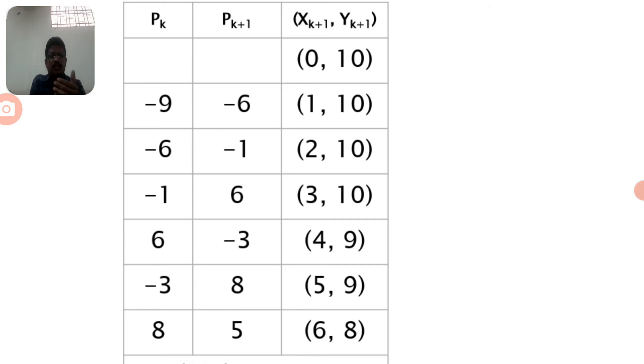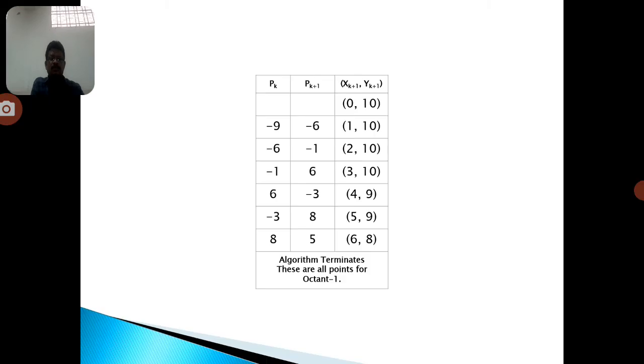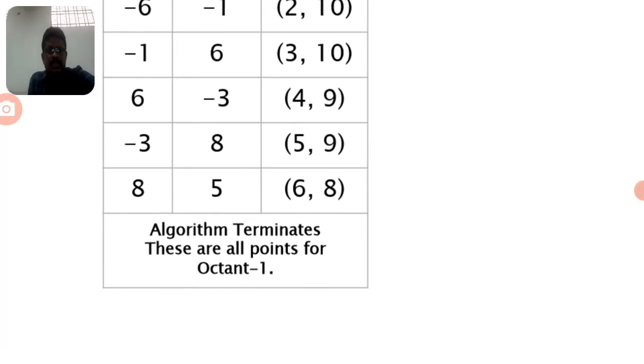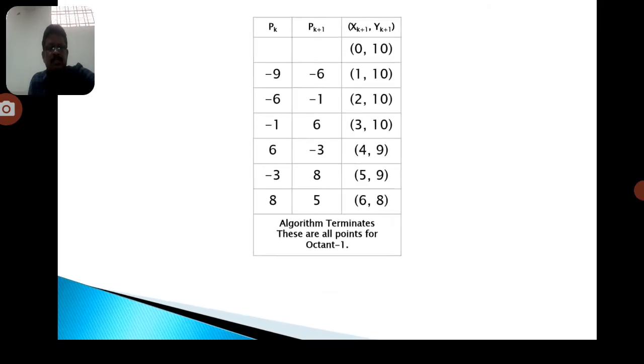So in this case 1 is derived, the x coordinate is incremented and y coordinate is the same, because it is a negative value. The next one is 8, 5 is taken. 8, 5 in the sense we will consider 8 is the maximum number and 5 is the minimum number. Here, when this value is greater than or equal to the x plot and y plot value, then we can derive the new parameters, that is 6 comma 8. So then we can terminate this algorithm based on the given condition. So now these are the first octant elements.